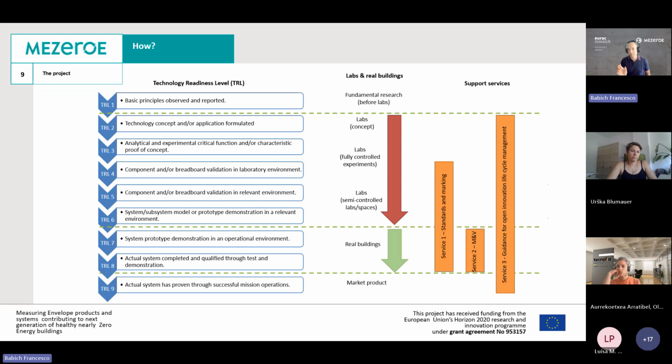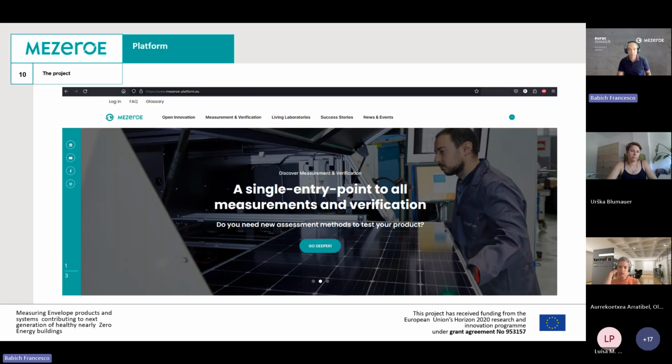Aside from that, we have 3 services that are complementary, and we will see later in more detail what each of them offers. But altogether, this enables quite good, sound support to the development of envelope products. The last slide is about the single entry point. So everything we are developing and doing in this project will be available, accessible via a single entry point, via this platform,